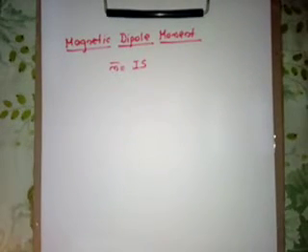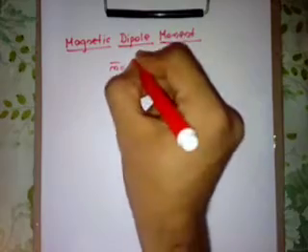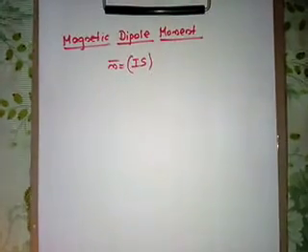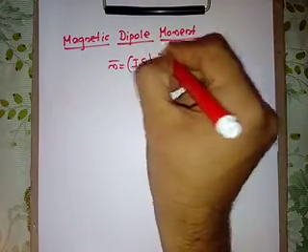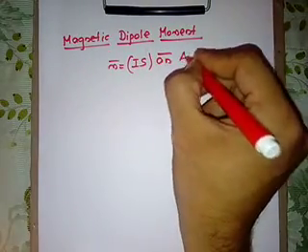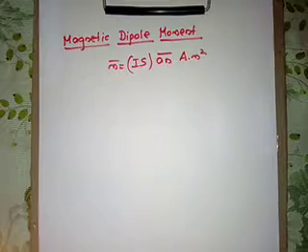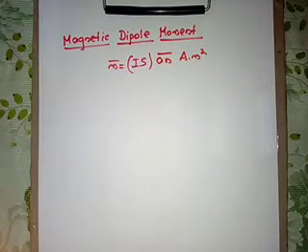So if the current loop is in xy direction, then the magnetic dipole moment will be in the z bar direction. If it is in yz direction, then it will be in x bar direction, like that. Okay, so this m bar magnetic dipole moment is a vector quantity, so its direction is indicated by the unit vector perpendicular to the plane containing the loop. So it is denoted by an bar. Unit of magnetic dipole moment is ampere meter square.